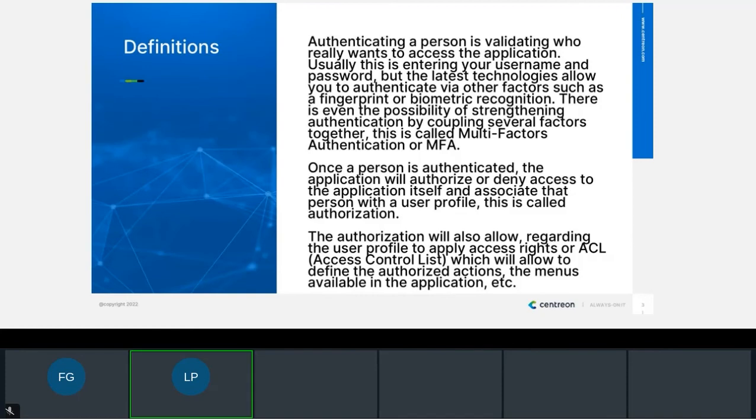Once you're authenticated, the application needs to be sure that you have access to it. Then, if you have access to the application, you will be linked to your profile that determines which kind of authorization you have in this application. For example, which menus you can access, the visibility of resources, or which actions you can perform in the application. So let's start with